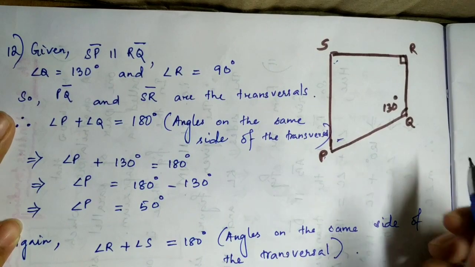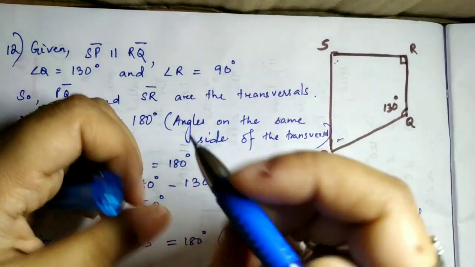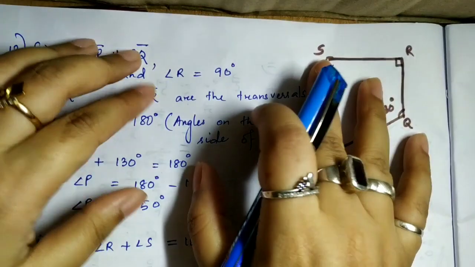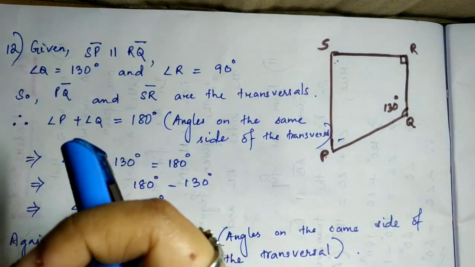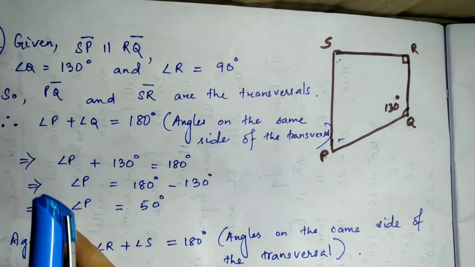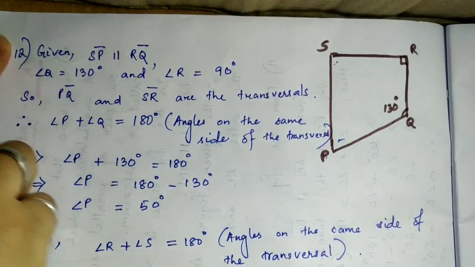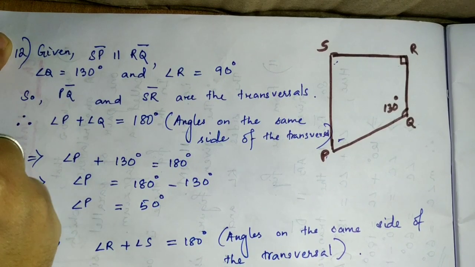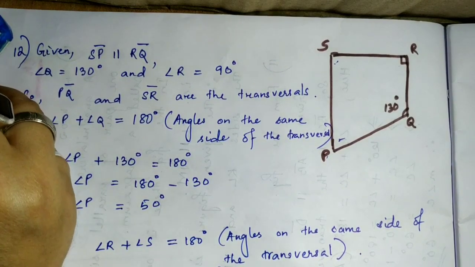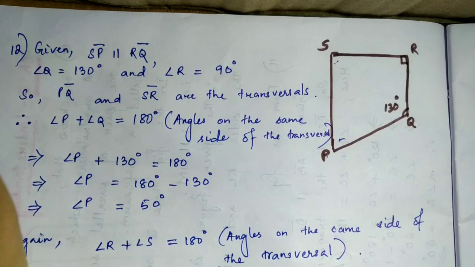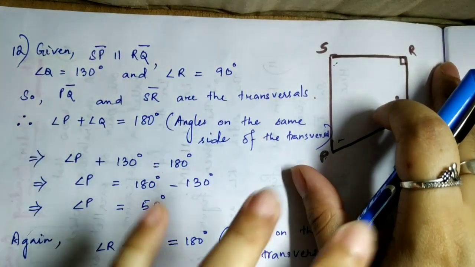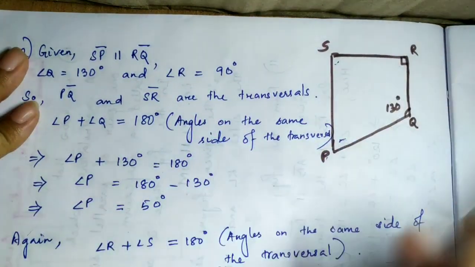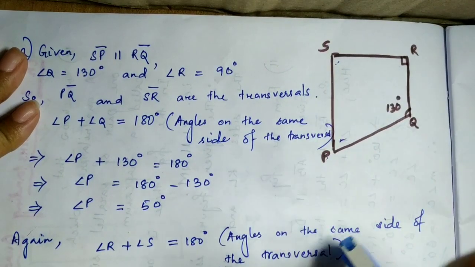Now this is the last sum of our exercise. We'll move on to our next exercise in our next video. I'll not be giving you any homework for today's class. I hope you have understood the thing. Please practice regularly and go through the properties of different types of quadrilaterals as and when required. I hope the explanation was helpful. We will go to the next exercise, and please always draw the diagrams using a scale and pencil.